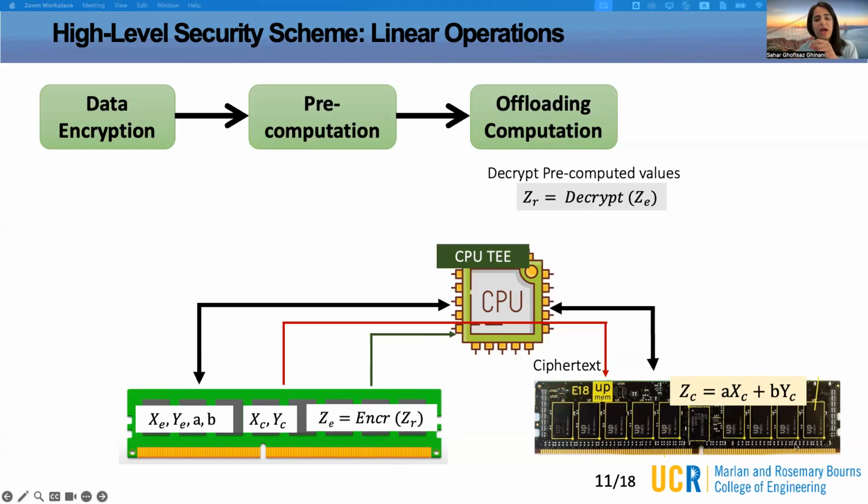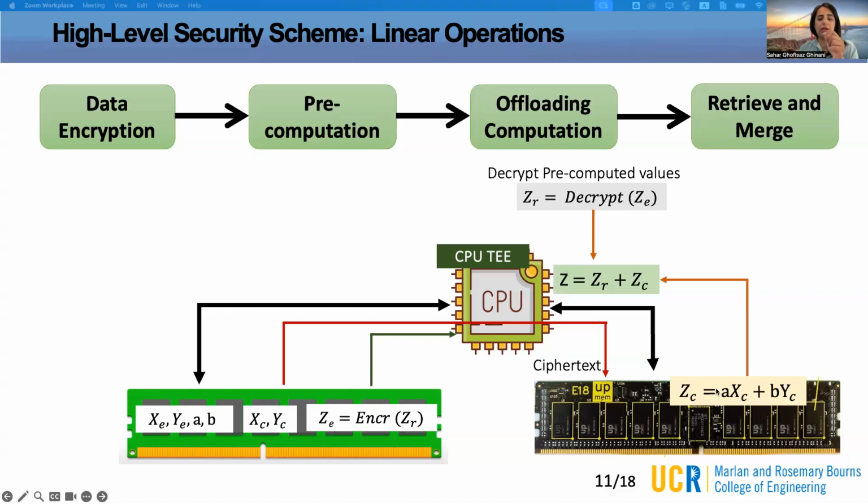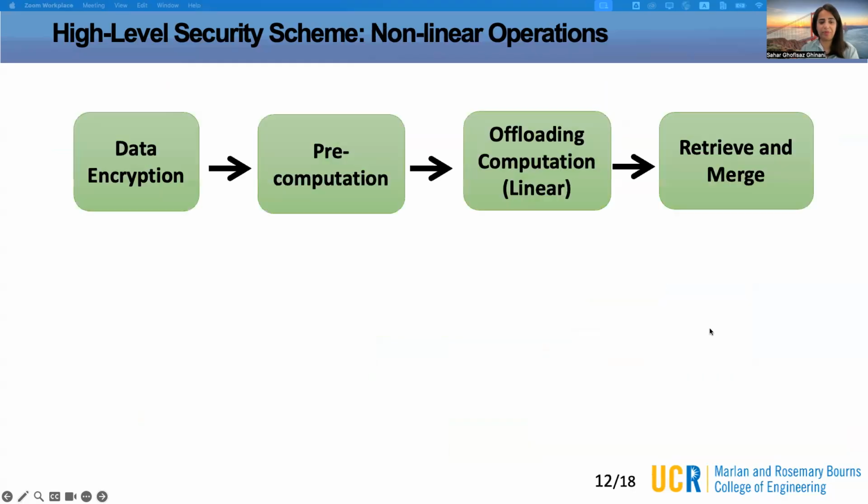Then at the same time, the TEE pre-computed partial results are decrypted on the TEE. Okay, and when both of these two results are ready on the TEE, we will merge them to get the final result of our computation. Just one note here is that whenever the pre-computation is not supported, we perform the kernel computation on the TEE and the PIM in parallel during the runtime.